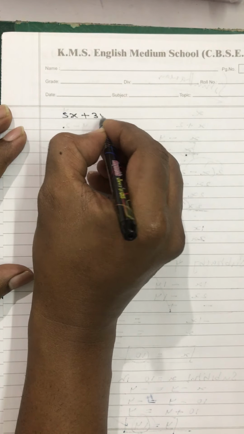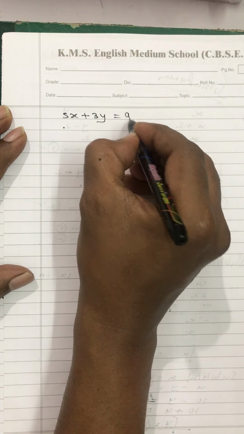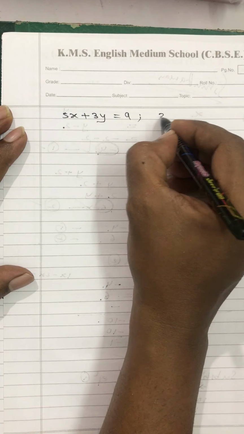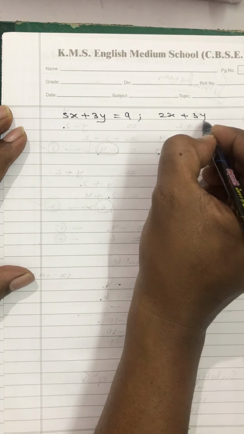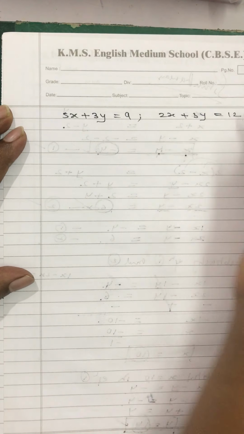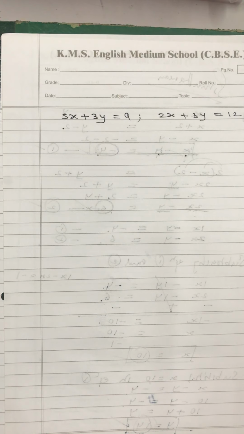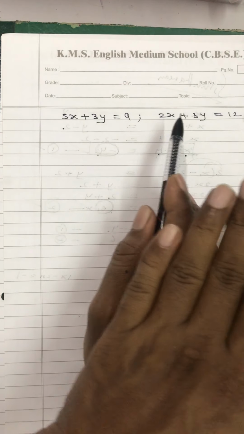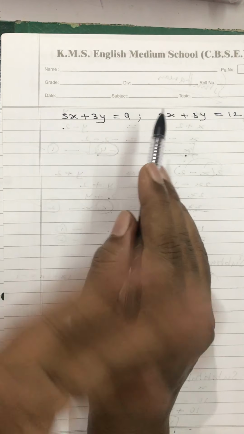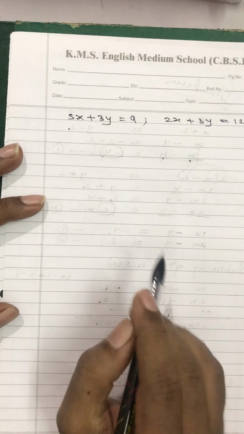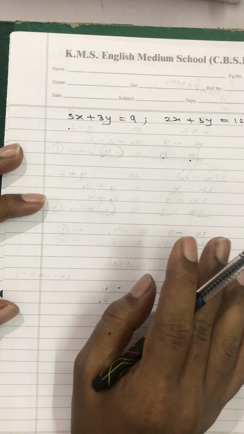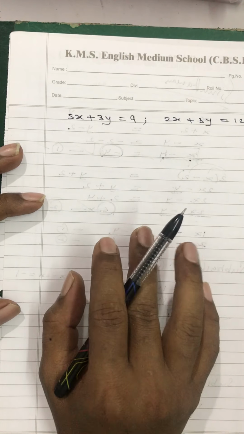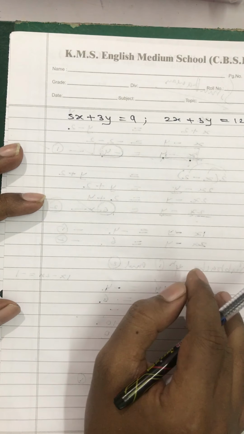5x plus 3y is equal to 9. While giving, they may give you questions like this, and remember, they will give them in any haphazard manner. It is not necessary that they will give them in this standard form. Sometimes 5x will be here and everything over there, or 9 on the left hand side. They can be jumbled, but you will have to organize them and bring them to the standard form of a1x plus b1y is equal to c1, a2x plus b2y is equal to c2.